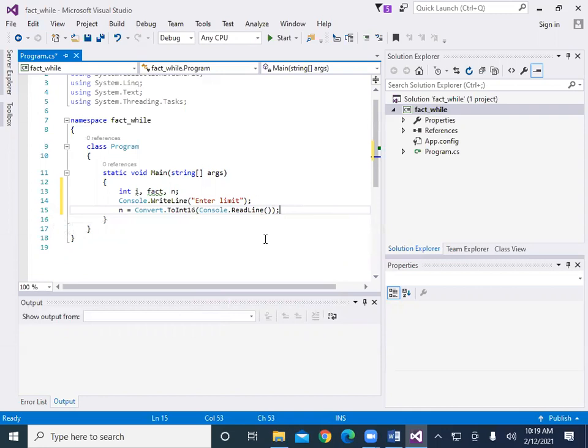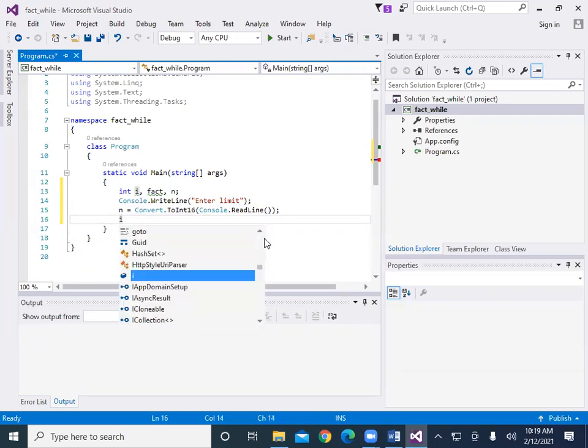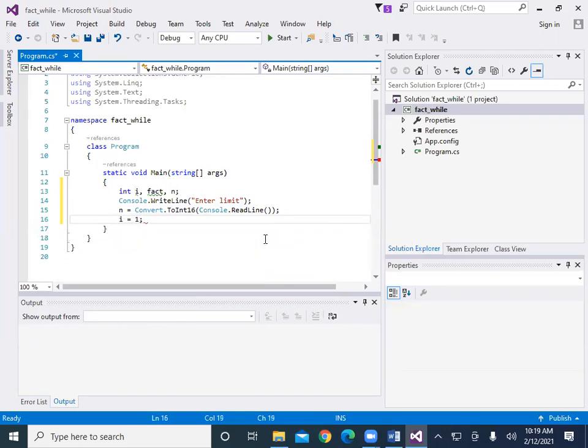So here we get the number from the user, right? So after that we initialize the value. So i is equal to 1. Then we write the while statement: while i less than or equal to n,